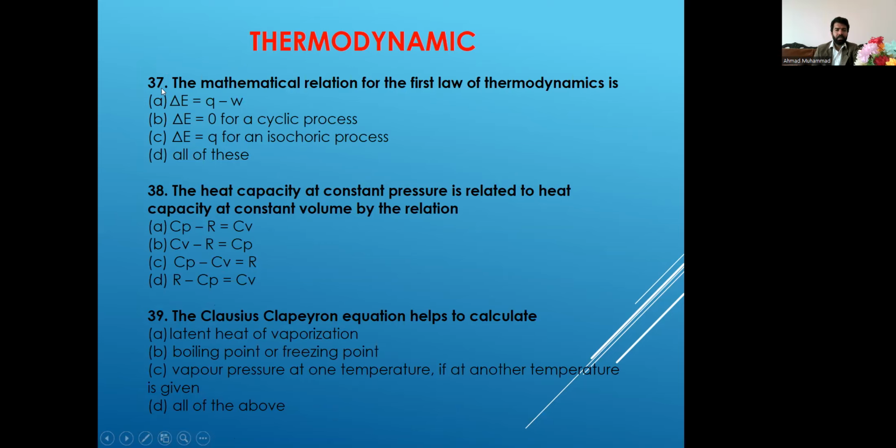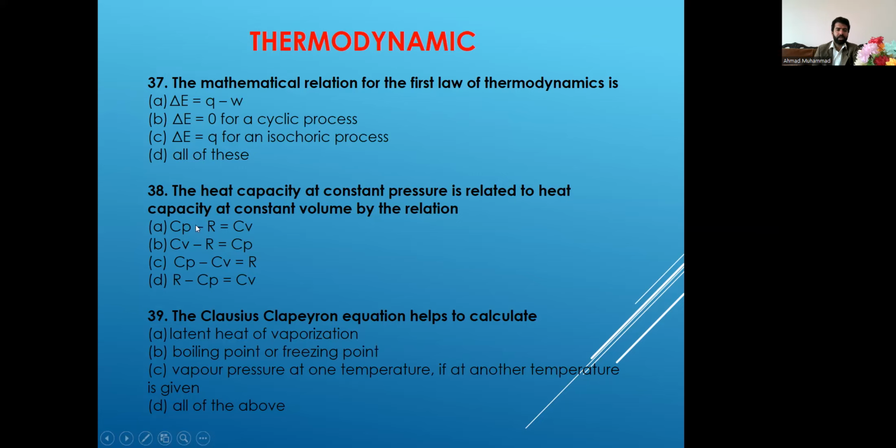For question 37, the mathematical relation for the first law of thermodynamics is change in energy equals heat minus work, or change in energy is equal to zero for a cyclic process, or change in energy is equal to heat for an acyclic process, and option D is all of these. For 38, the heat capacity at constant pressure is related to heat capacity at constant volume by